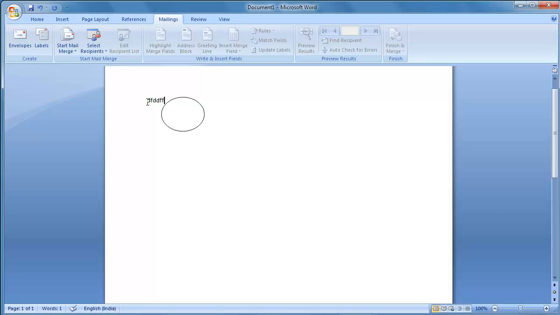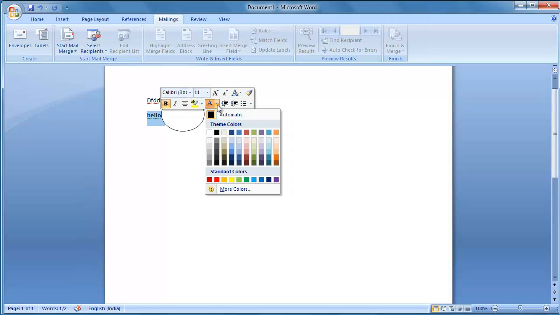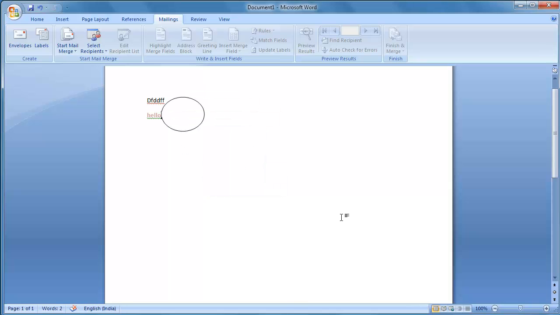One more toolbar we are going to work with. We can also get some other toolbars. For example, I type some word here, Hello. I want to format this text. In order to format this text, select this text. As soon as you select the text, we get a small toolbar here. This is called mini toolbar. Use it to format our text. Suppose I want to highlight this text, I click on bold here. I want to change the color of this text, you click here and select which color you want to work with.